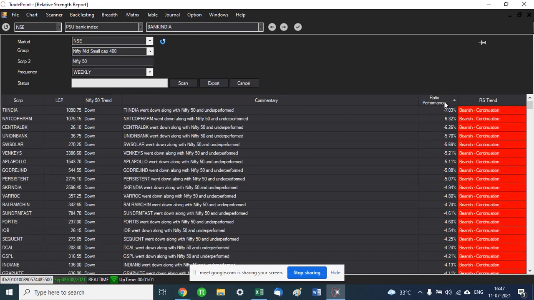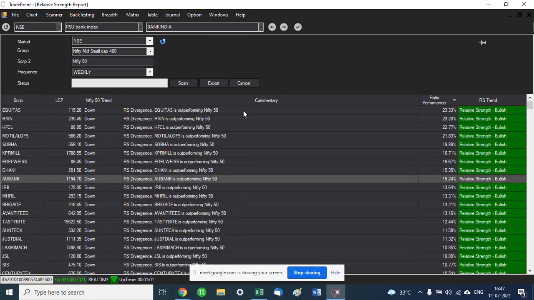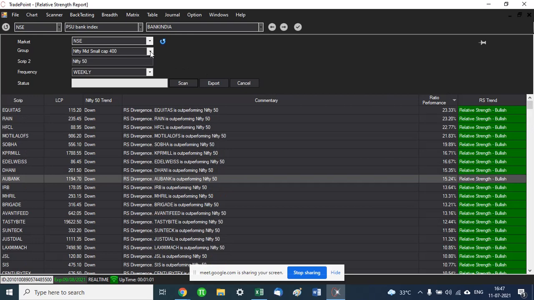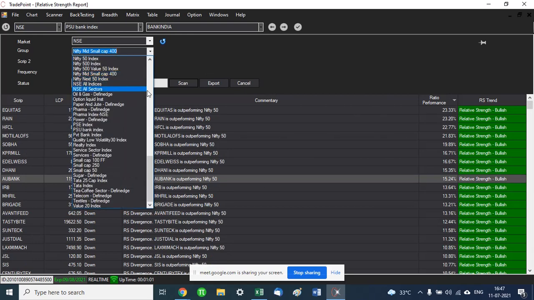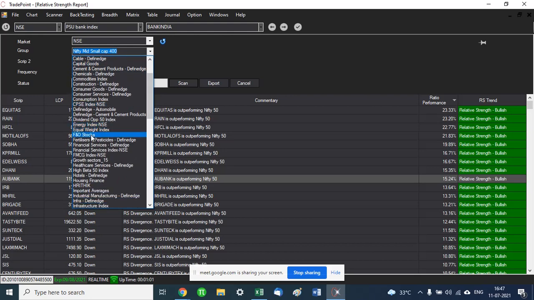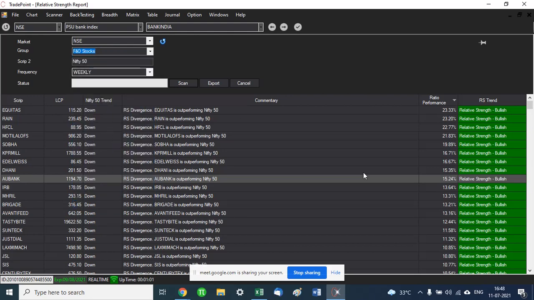If you want to see the weak stocks, then these are the stocks that are looking weak as of now. This relative strength report is a pretty useful tool which can give you a scan of all the mid and small cap 400 or the Nifty 500, depending on whatever you use. All the categories are here. You have the FNO stocks. So you can scan for FNO stocks against Nifty, generate this report. That will give you a report for all the FNO stocks. You can do it for mid and small caps. You can do it for Nifty 500 stocks. This is a pretty useful report that gives you a nice picture of all the stocks on a weekly basis. This is one good feature of TradePoint.